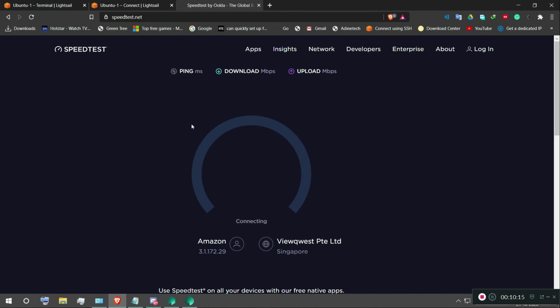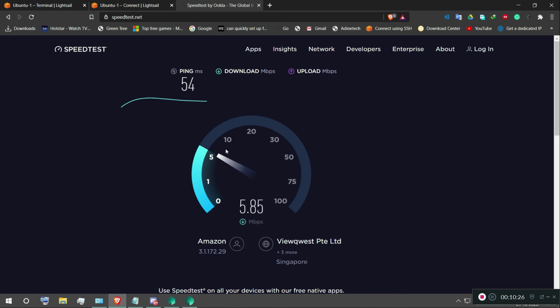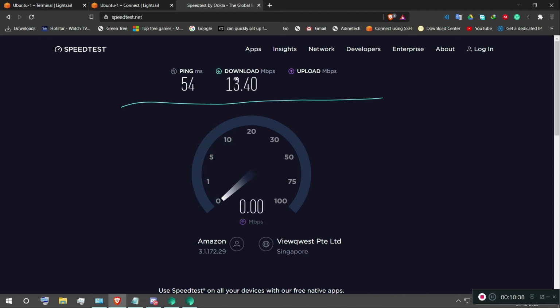Anyway, my speed is very low. Now I am far away from my router, so I am getting 13 Mbps out of 15 Mbps. Even so, the speed of the VPN is very amazing.